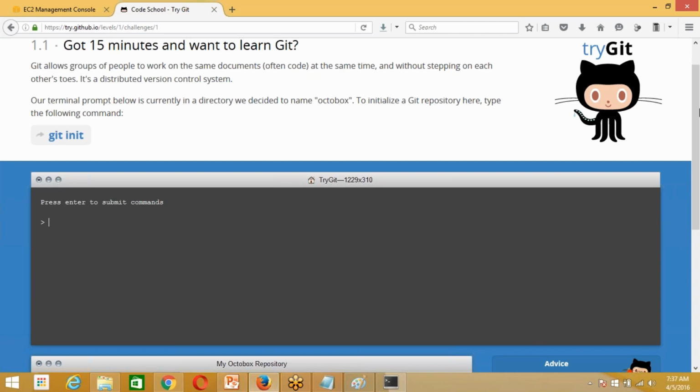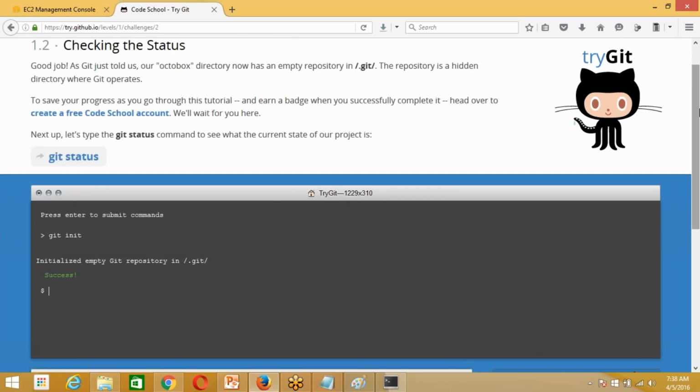So to start in any Git repository, first what we want to do is use the command git init, which creates a folder structure for the Git repository. It says it initializes an empty Git repository. Then if you say git status